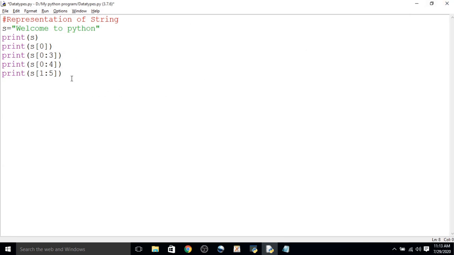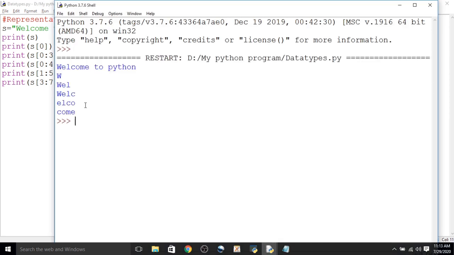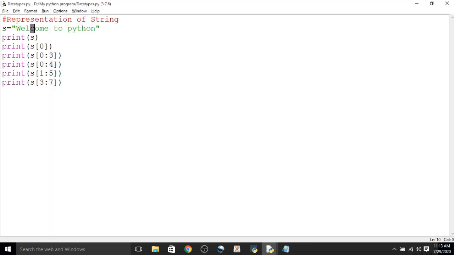Another example: suppose you want to retrieve from 3 to 7. Now look here, we get the output COM. See where the C is: 0, 1, 2, and C is located at index 3, so the starting index is 3.